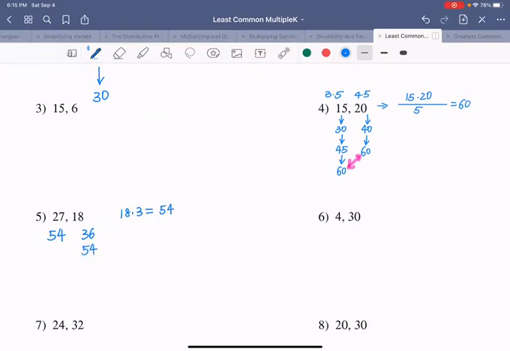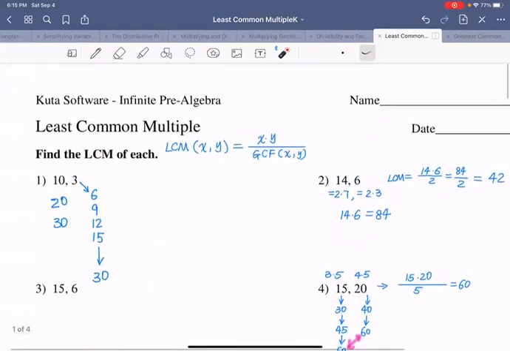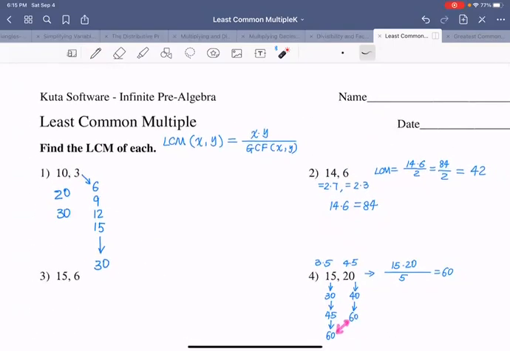There you go. Does this make sense? Yeah. Okay. Now I'm going to teach you a trick. Each time, if you continue writing down, it is kind of slow. So there is a formula. Look, least common multiple is defined by these two guys' product divided by the greatest common factor. That means as long as you can find the greatest common factor, you will be able to find your least